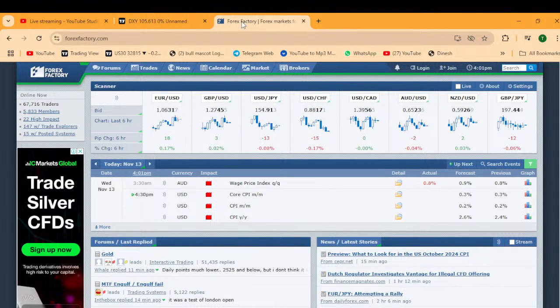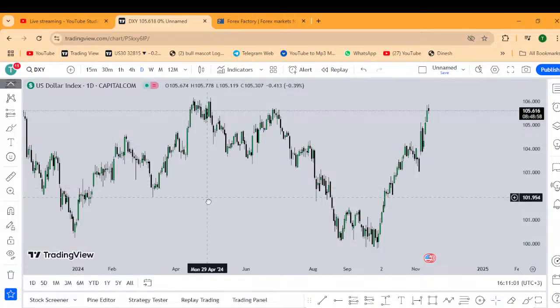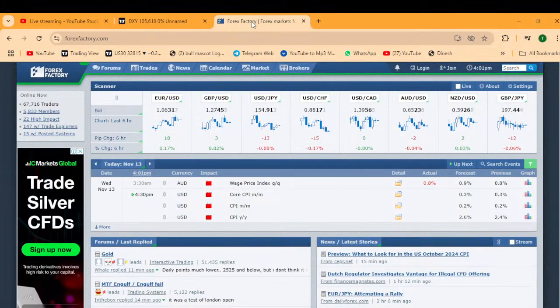Okay, so I've been telling you guys first. So that's our DXY chart. I've been telling you that whenever they cut the interest rate, yes, it's going to be good for the citizens because they will be in position to take loans at cheaper prices, but the investors will be just away because of the low demand. Okay, so all of those are the things we should be looking at.